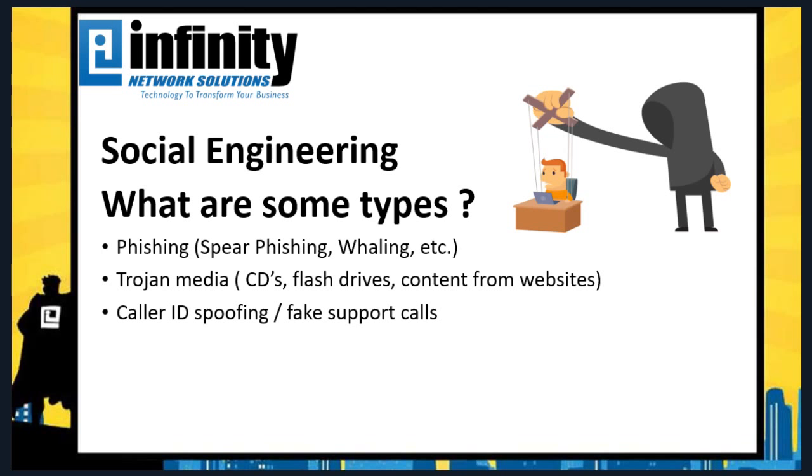One of the more recent incarnations of social engineering is what we refer to as fake support calls, or caller ID spoofing. This is where a person that is trying to get information from you is actually going to fake a phone number. So when they call you, it looks like they're calling from the FBI or from Microsoft. We're all pretty tech savvy as a society now, so it's real easy for us to go to Google and look up a phone number. So if you've got a caller ID coming and you go to Google and it says it's the FBI, you're more apt to actually listen to the person on the phone, because they're socially engineering you with fake information.